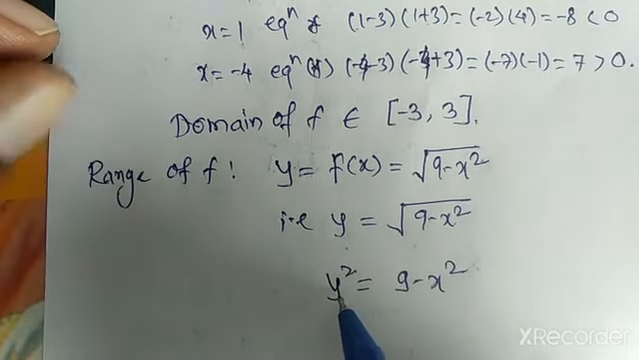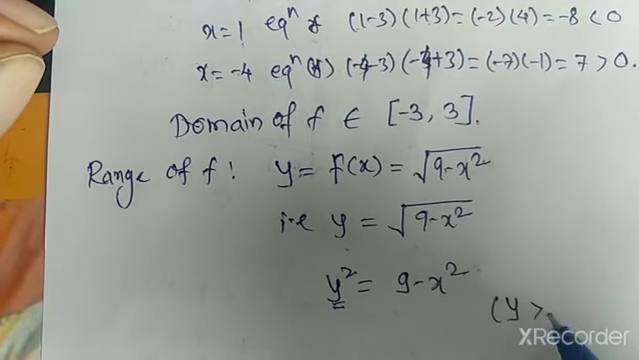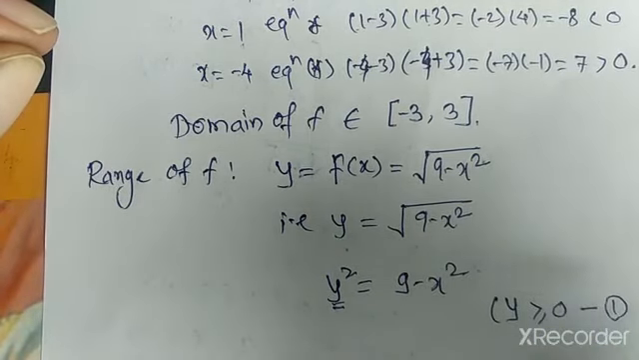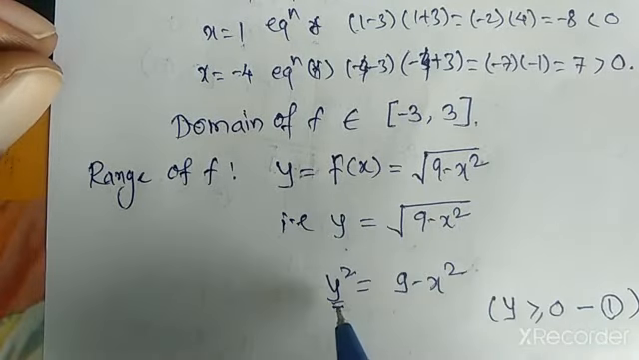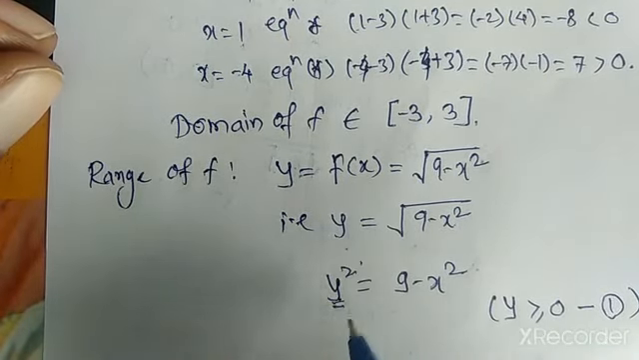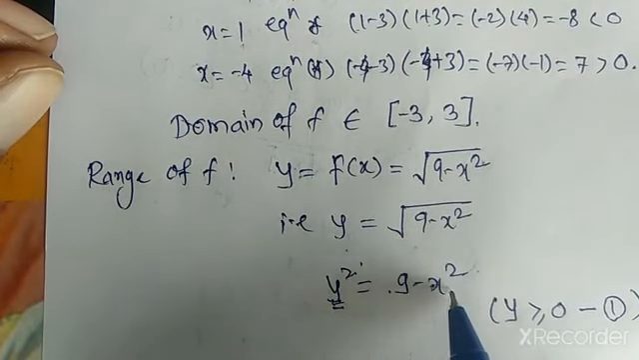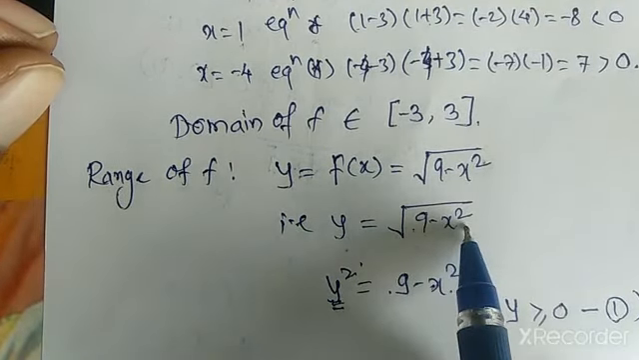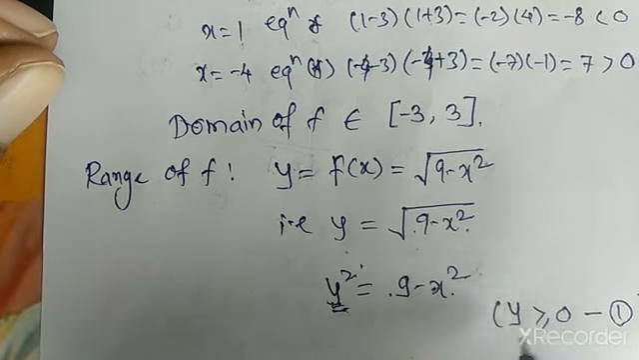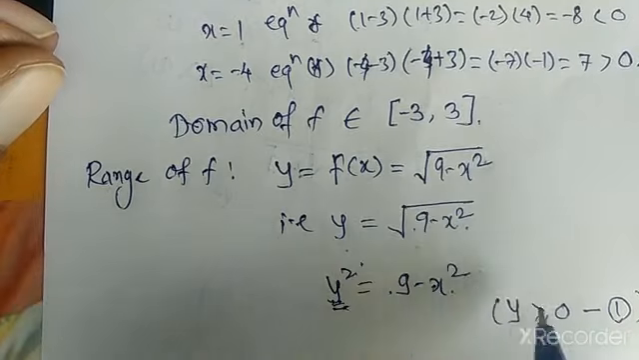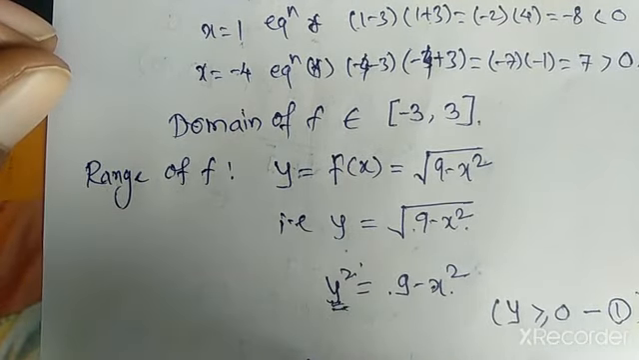As it is y square, y should be greater than or equal to 0, which is our equation number 1. Consider it as equation number 1. As it is a quadratic equation, y square is equal to 9 minus x square, and because 9 minus x square is positive, y should be greater than 0 only. So y square is equal to 9 minus x square, which gives x square,